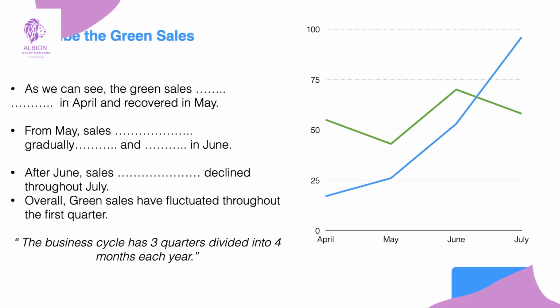And what happens in June? This is when everything stops. They can't go any higher. So something has to stop. This is called a peak. We always call it a peak, like a mountain. So here, from May, sales rose gradually. Yes, from May, sales rose gradually and peaked in June. After June, sales slowly